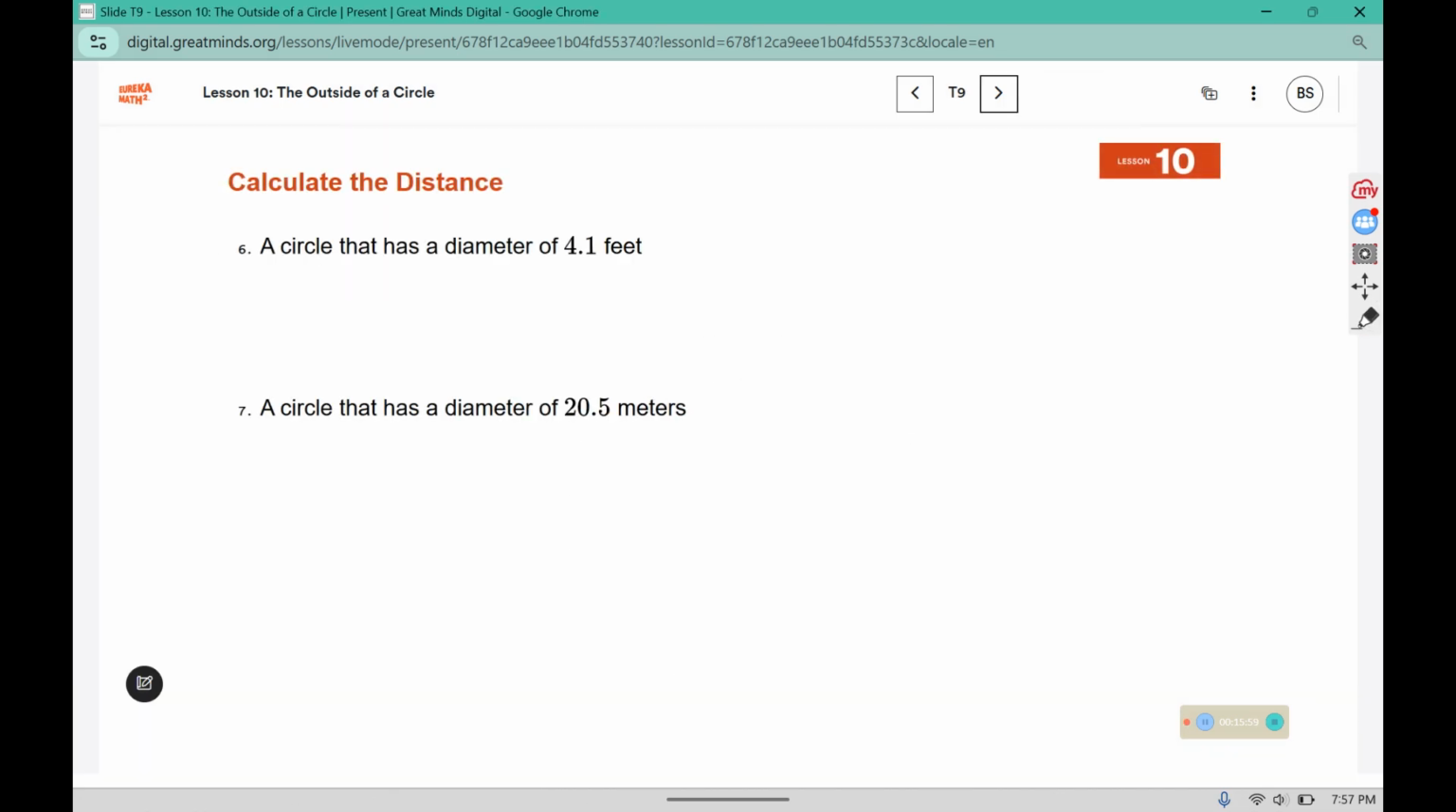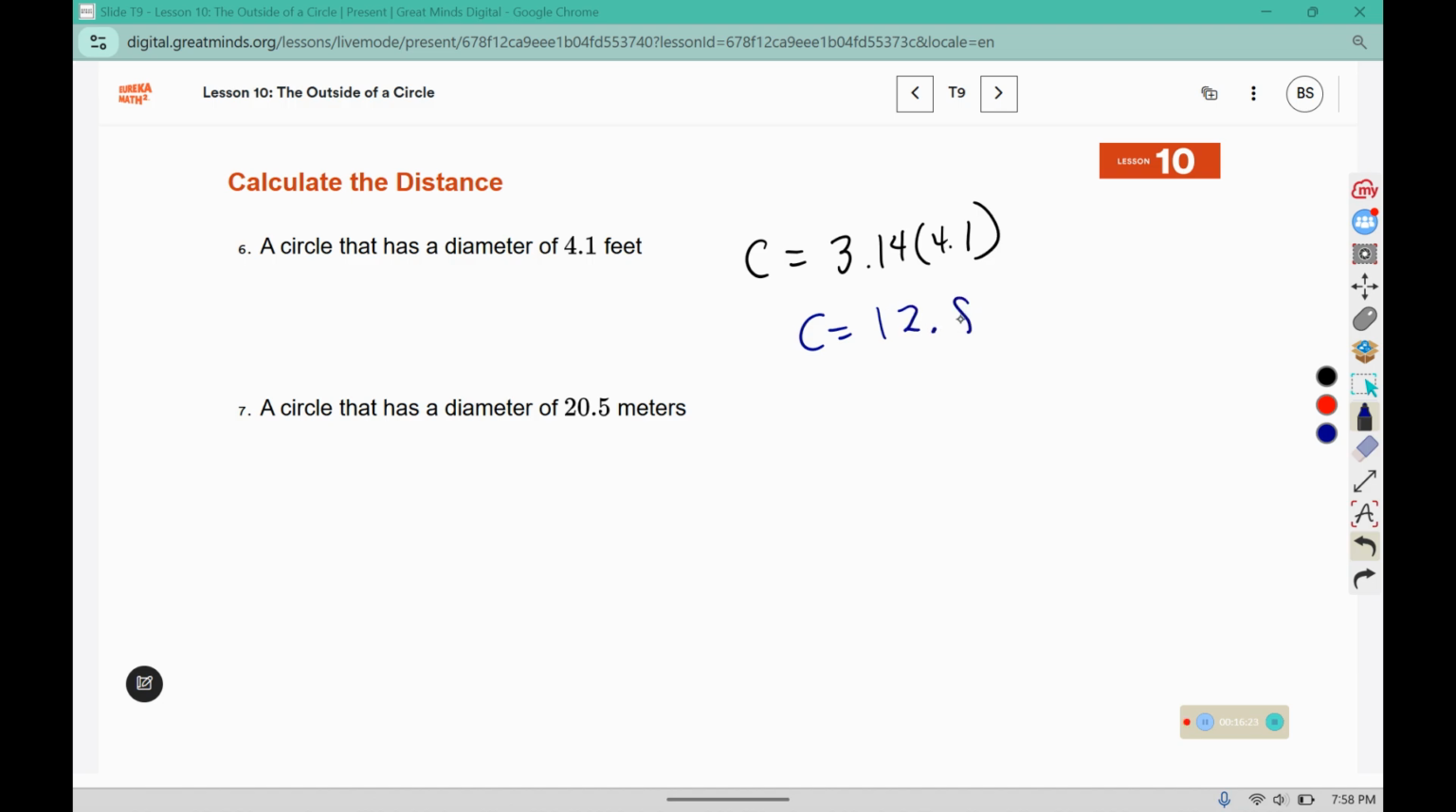A circle has a diameter of 4.1 feet. So this one does give us the diameter. We're going to multiply by 4.1. Your warm-up used multiplication of decimals to get you prepared for working with these values. And that comes out to 12.874. And remember, we're using feet in this case. So the distance around a circle with a diameter of 4.1 feet is about